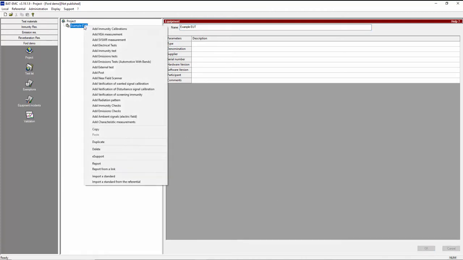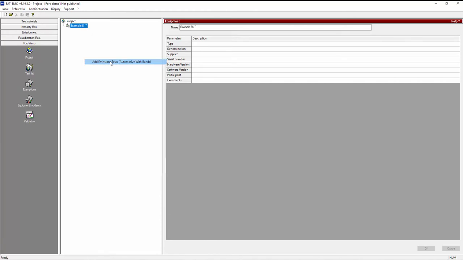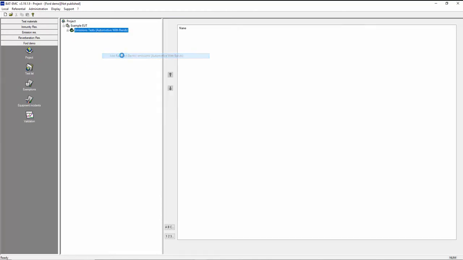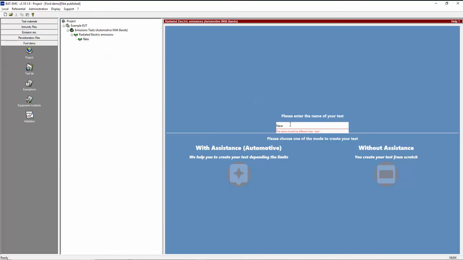Right clicking on that line, I can now add an emissions test, automotive with bands, as distinct from the previous one simply called emissions test. So if I click on that, I can now right click on add the radiated electric emissions test. We can give it a name such as Ford demo,